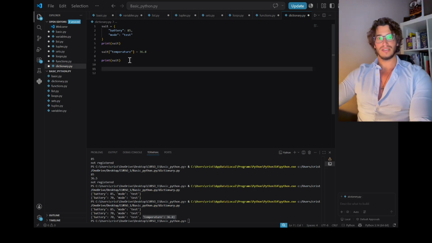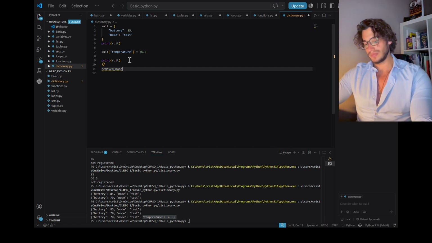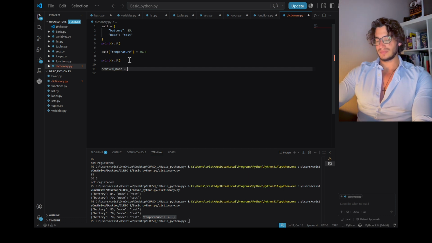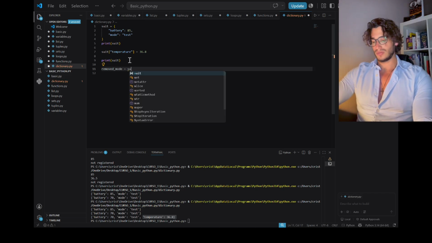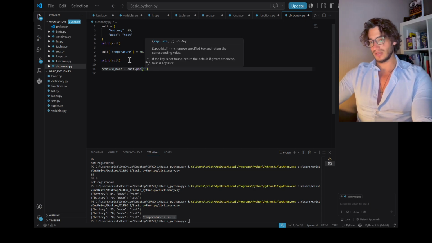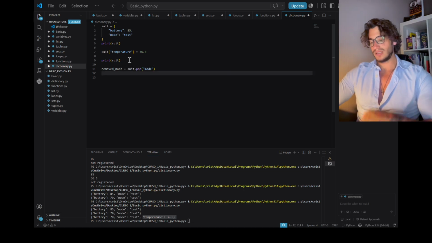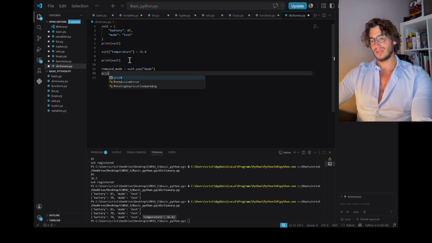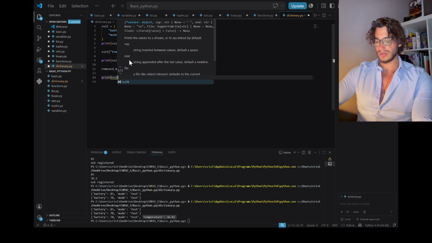So I want to create a variable called remove mode, and then inside of remove mode is going to be suit.pop, and then I want to remove the key mode, and now I say print suit,